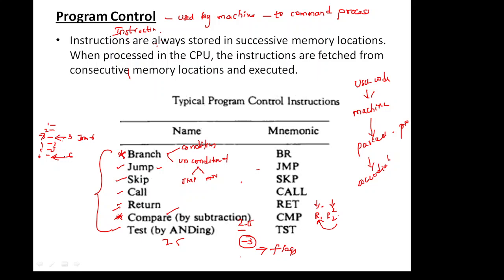When it comes to conditional branch instructions, these are used to examine the value stored in the condition code register, in order to determine whether a specific code exists and to branch if it does. That is the purpose of this branch instruction. So by making use of program control instructions, we can give commands to the processor so that the processor will act accordingly.